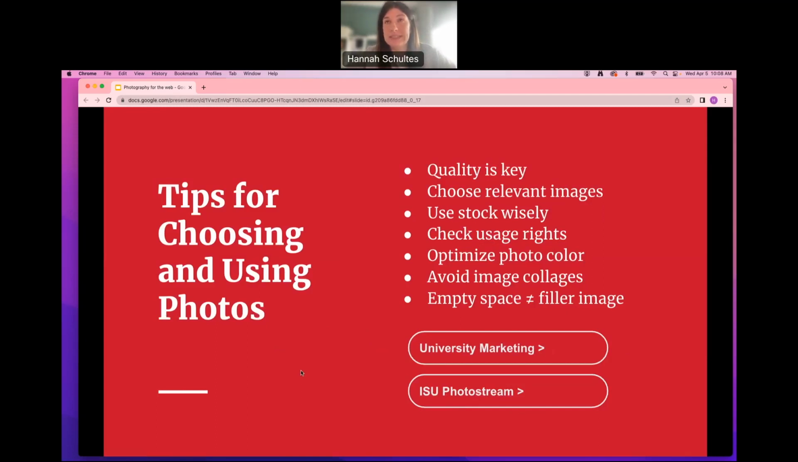Use stock wisely. Stock images can be tricky. This is probably best used for that macro and micro because it'll be pretty hard to get. I think there's a couple out there on Adobe Stock or iStock of Iowa State's campus, but these are easy to spot, so you have to be really picky with stock photography. And if you're a full-time Iowa State employee, I believe you have access to the Adobe Stock Library